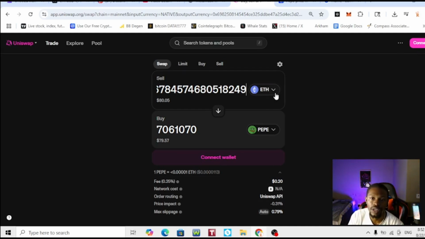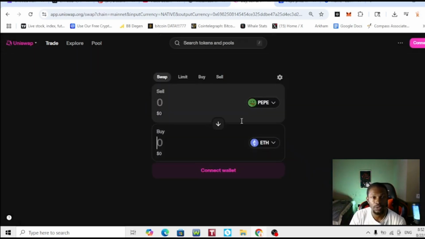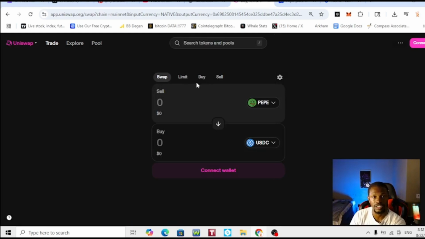That's why I always tell you to go ahead and buy some Ethereum first, so you can already have the Ethereum to pay for your fees and network costs when you're transferring your tokens. Pretty simple. Next thing I want to show you guys is how you can be sending your tokens back and forth. And trust me, if you put some money in and Pepe goes up, you want to switch it back, the only thing you got to do is put Pepe right here. Now you want to sell your Pepe, boom, and whatever you want to sell it into. Most of the time I always say put it into a stable coin, USDC,